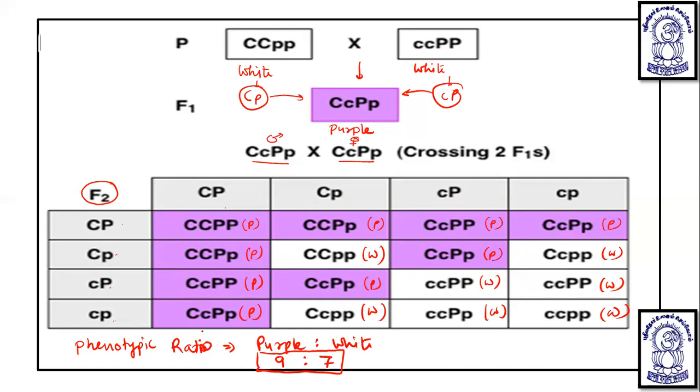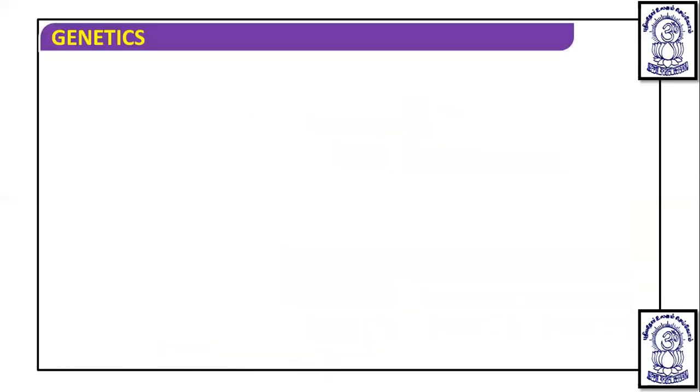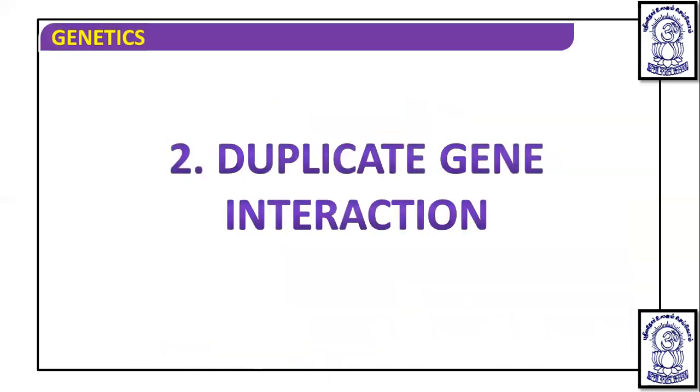So now, after this, we are going to talk about another gene interaction, and that is the duplicate gene interaction. So let's understand what duplicate gene interaction is. Duplicate gene interaction means here also we are going to take two genes which are coding for one character. What does duplicate gene say? It says that if both genes are present in dominant form, then they will produce a dominant trait. Out of these two, if any one is present, then also they will produce a dominant trait. If both are recessive, then and only then will they produce a recessive trait.